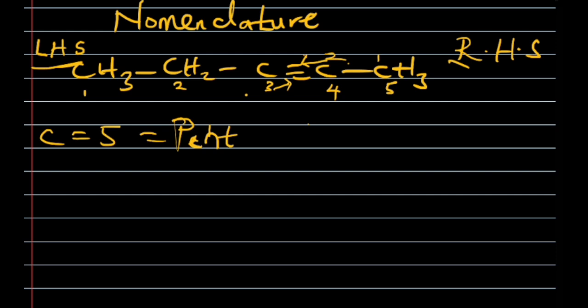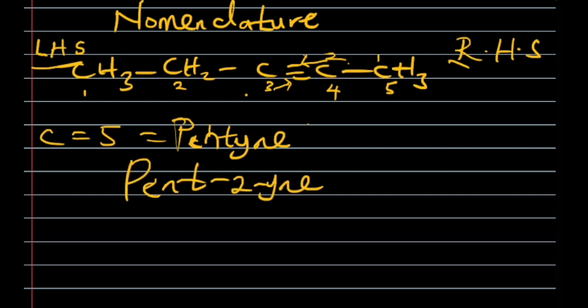If you are to name this under the alkyne, 5 carbon is pent, so you can call it pentyne. And the 2 that is in between the functional group will make you name it pent-2-yne. Because of the 2, we call it 2-pentyne. That's the first name. The second one, if I have CH3,